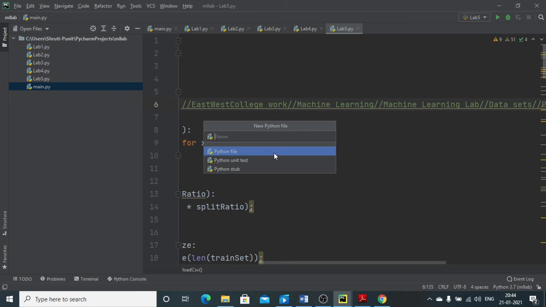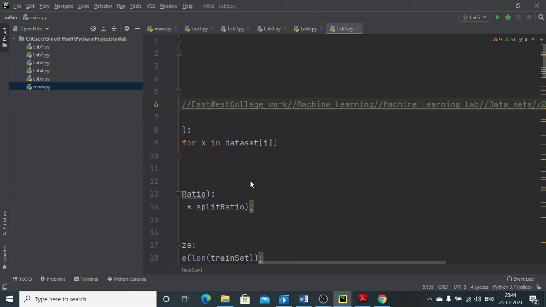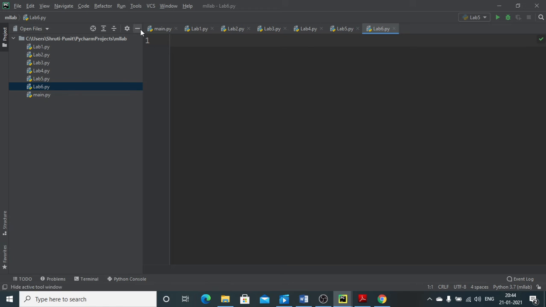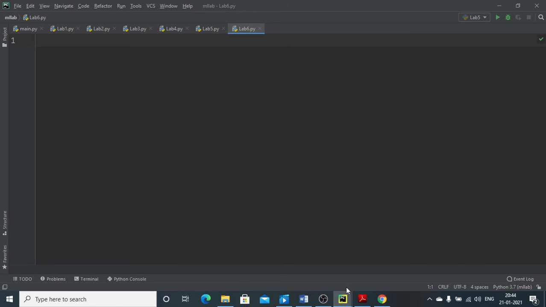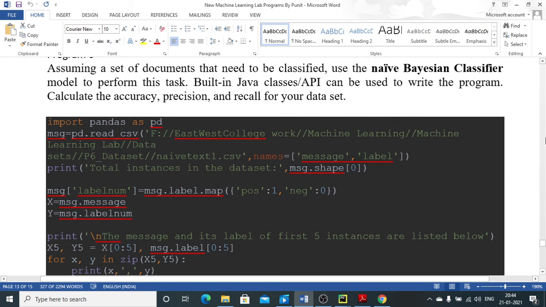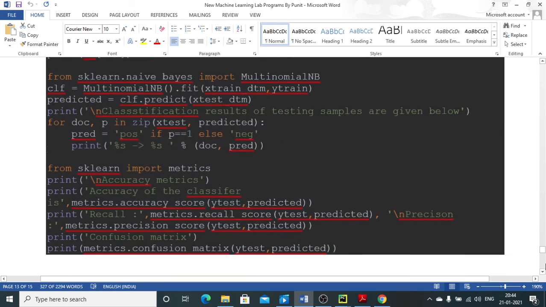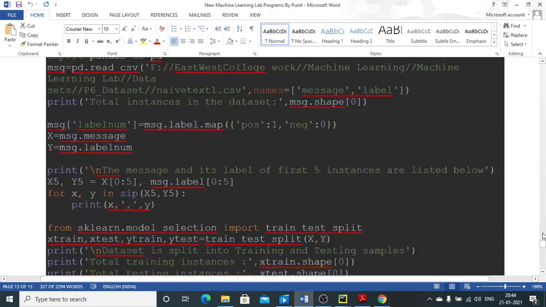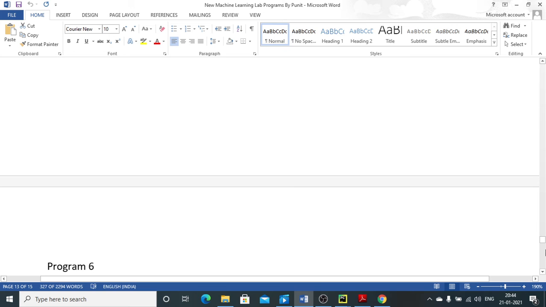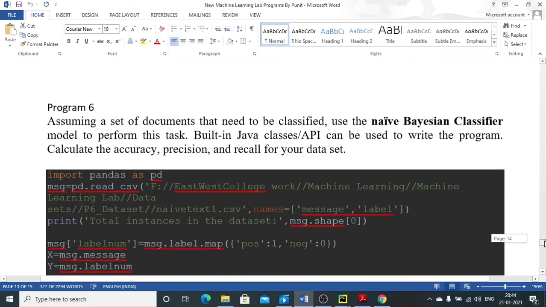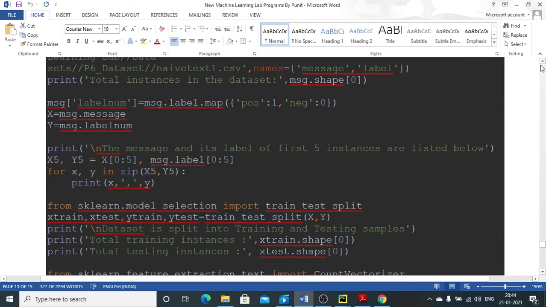I'm going to name it lab 6 and press enter. So I got a new editor here. In the document I kept in your Google Classroom, program number 6 is available. No need to worry about what we are going to do, we are just going to copy it right now.